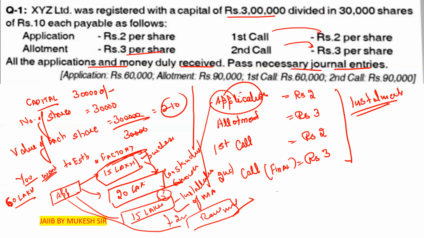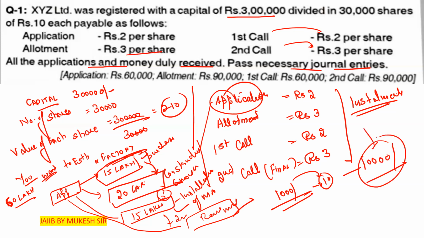Similarly here, if any person wants to purchase 1000 shares of rupees 10, it is difficult for them to give 10,000 rupees at a single time. Instead, if they pay 2000 at one time and 3000 after another 2 months, it is easier for that person to purchase the shares, if it is divided in the form of parts.